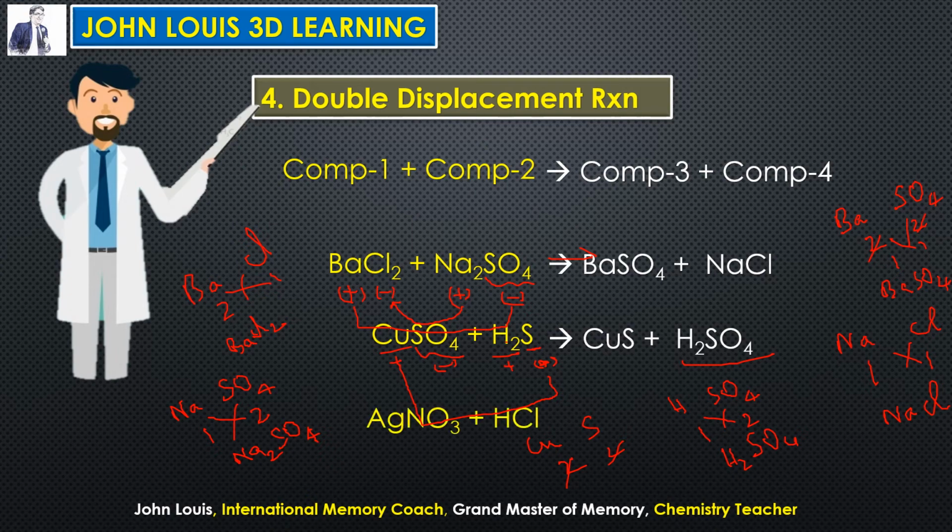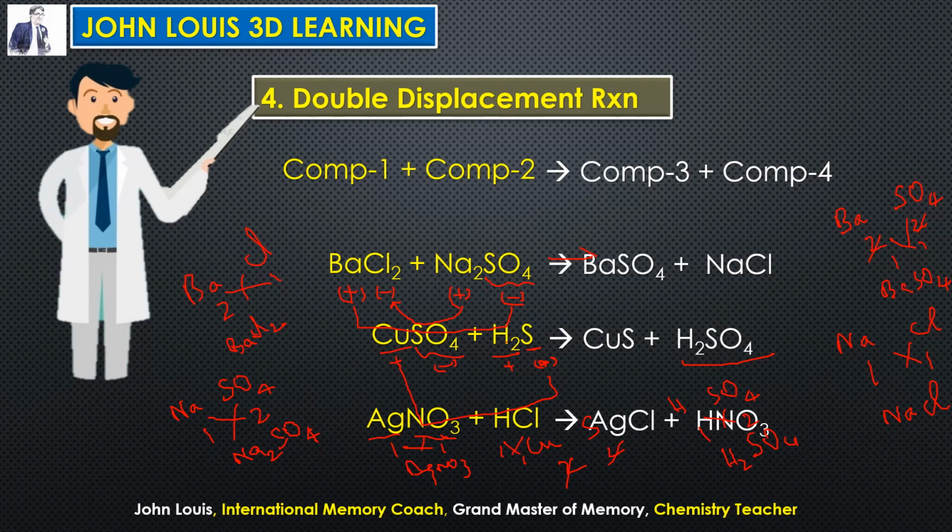So AgNO3 plus HCl. Can you guess what it is? So Ag will combine with chlorine and forms AgCl. Hydrogen will combine with nitrate, forms HNO3. Okay, so if you know symbols and valencies, that becomes easier. So if you want, I'll just explain again. Silver valency 1, nitrate valency is also 1. So if you interchange, you will get AgNO3. Hydrogen chloride, hydrogen valency 1, chloride 1, therefore you are getting HCl after exchanging it.